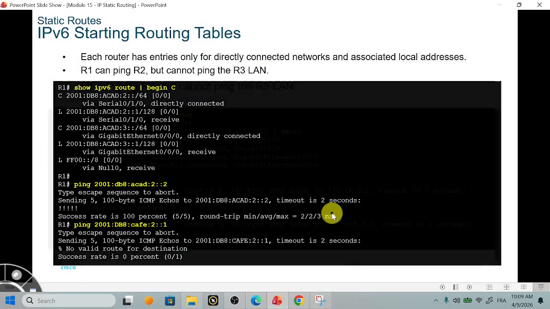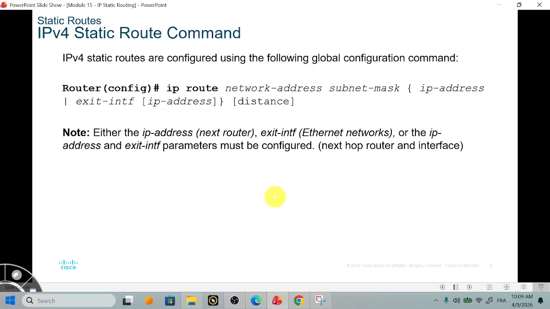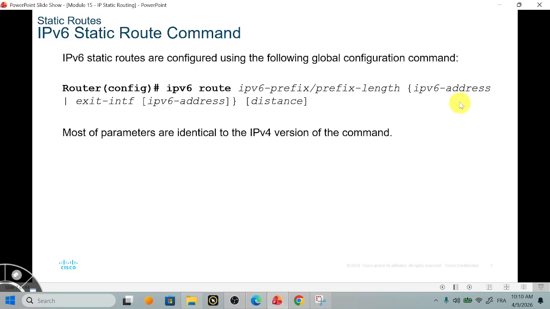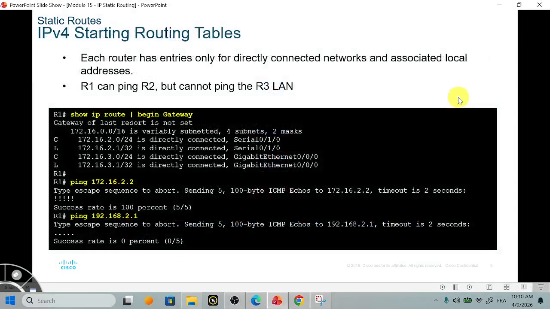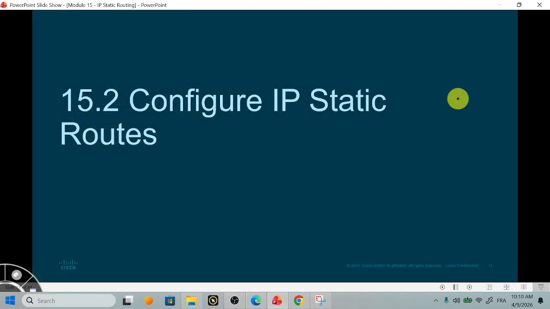So we have learned throughout this part of lecture that whenever we want to create a static route, we use ip route, destination network address, subnet mask, next hop IP address, exit interface of current router, and the distance. And we do almost the same for IP version 6 as we did. We will know later on how we can configure IP